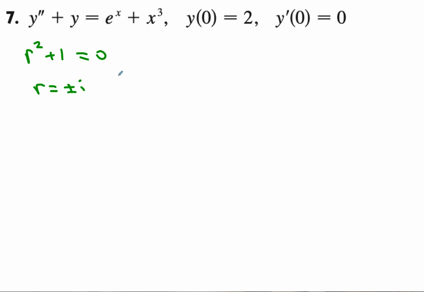Since it's plus or minus i, what we end up getting is the complementary solution would be c sub 1 cosine of x plus c sub 2 sine of x. So we got that one done. Now, second,